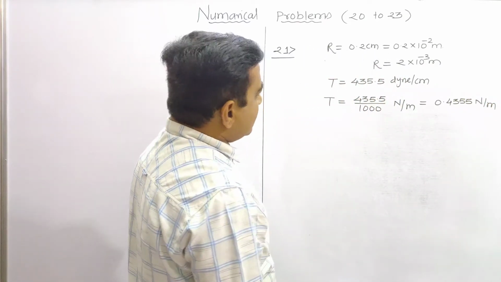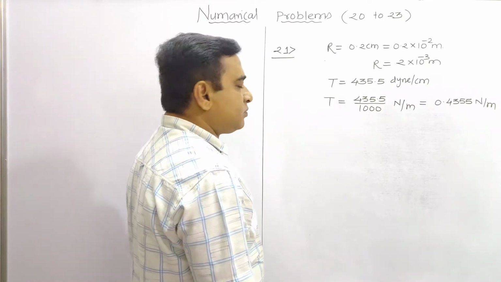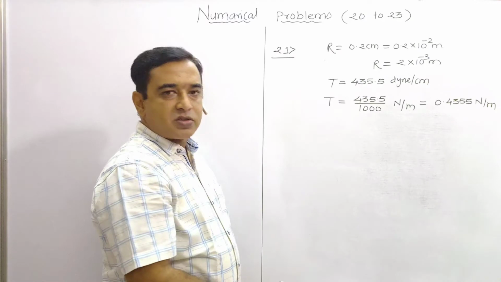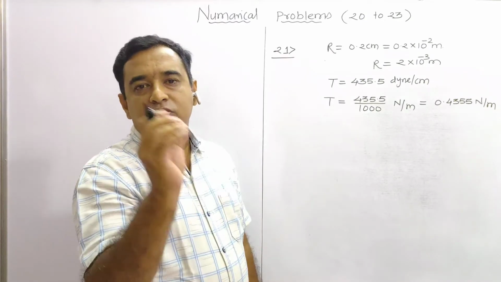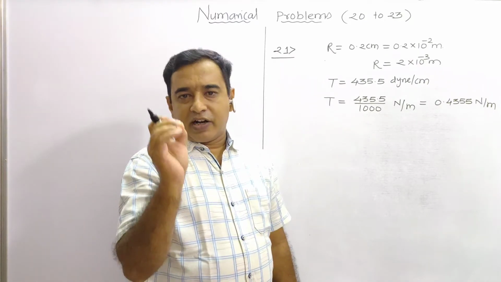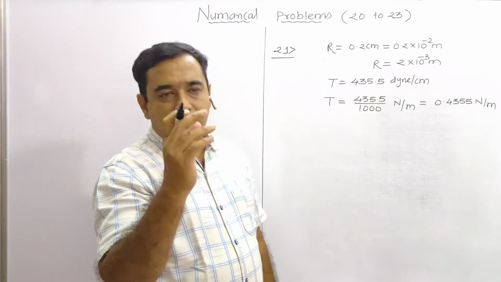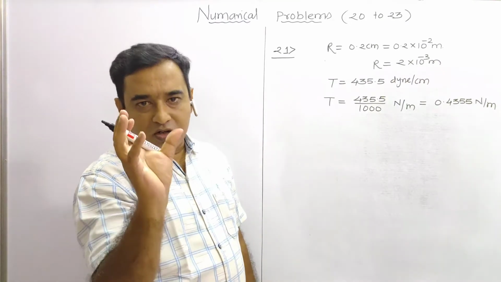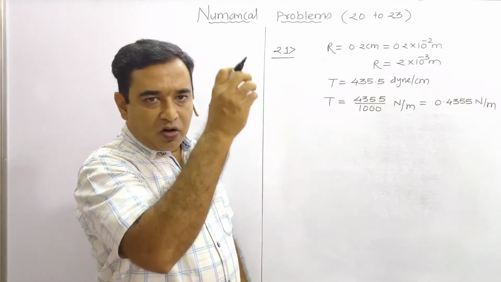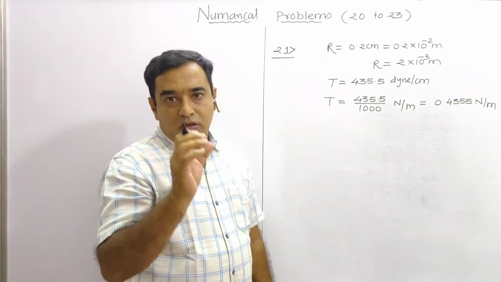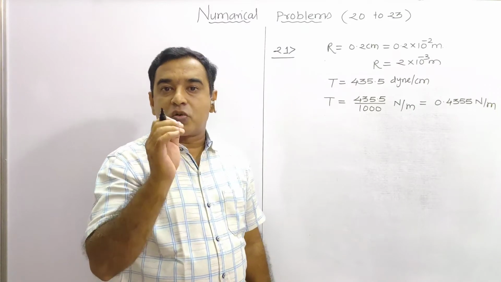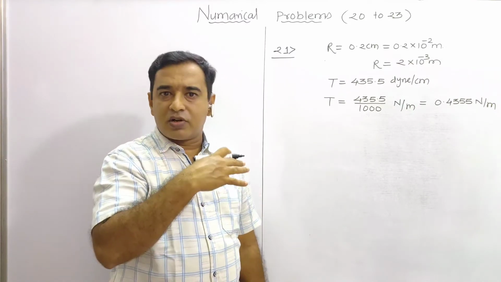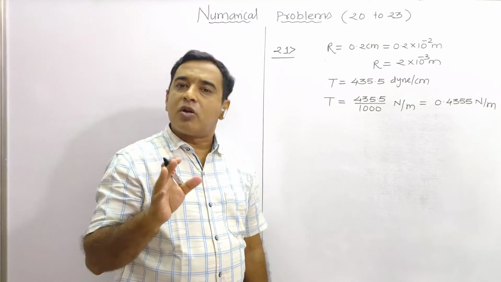So it coalesces into how many droplets? That is 8 droplets. Means a single big drop, when it falls, converts into small equal radius droplets. Let small r be the radius of the small droplet, and the big drop falls on the surface and gets broken into a number of droplets.